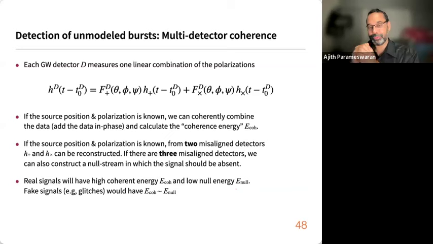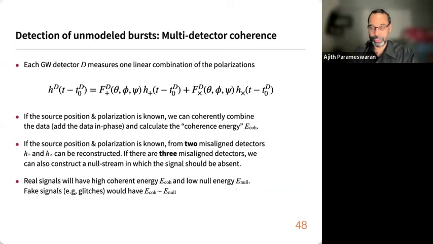For example, if you have 3 misaligned detectors, each detector is measuring one particular combination of H plus and H cross. You have only 2 independent degrees of freedom, independent polarizations, H plus and H cross. And each detector is measuring one particular combination of H plus and H cross. If you have 2 different measurements, you can independently construct H plus and H cross,